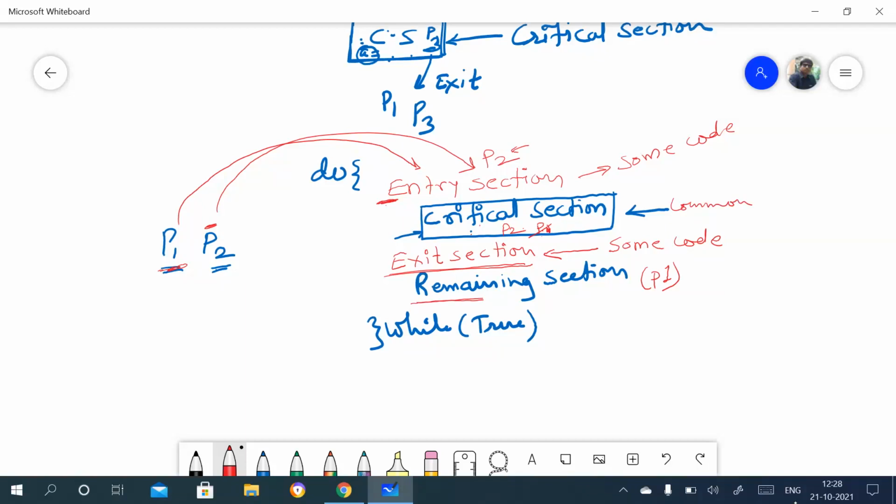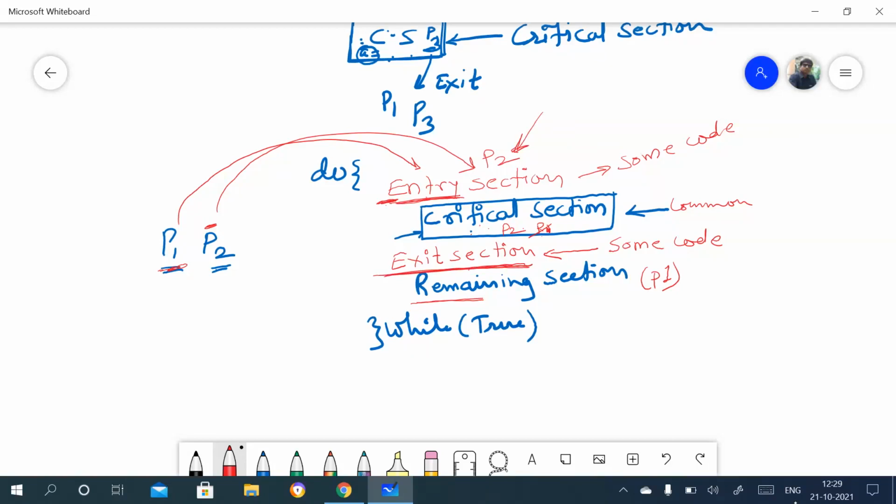So here you just understand, if any process wants to enter into the critical section, first that process needs to execute this entry code. Then after successful execution of the entry section, that process will enter into the critical section. And if that process completes execution in the critical section and wants to exit, the same process needs to execute this exit section code, and then it will go out. After that process exits the critical section, a new process can enter into the critical section. Have you understood this critical section problem, how we can solve this?